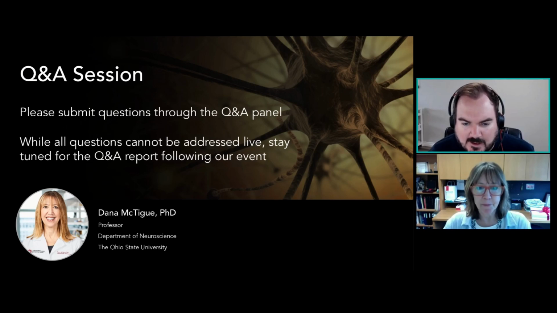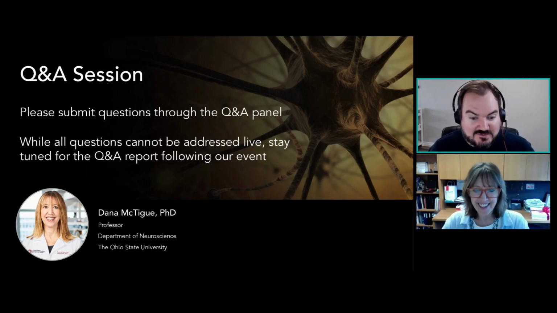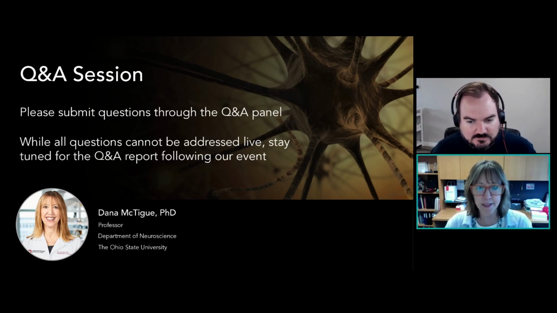Fantastic. Yeah. Here's a great question. What sort of mechanism is involved in ensuring the reorganization of the nodes of Ranvier after they've been disorganized? That's a really great question, and I would recommend you look up Matt Rasband. So Matthew Rasband in Texas, he has spent his whole career doing beautiful work trying to understand how nodes are formed and disorganized and reformed. I don't have all the details.